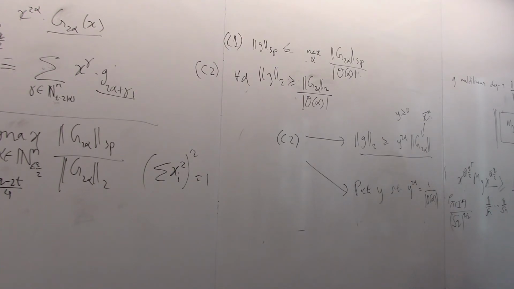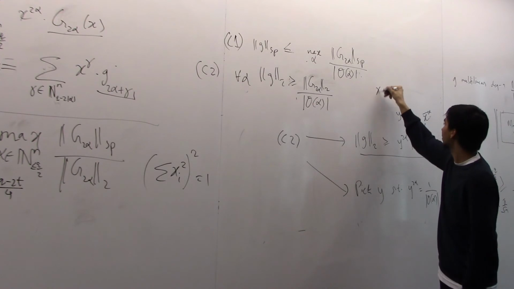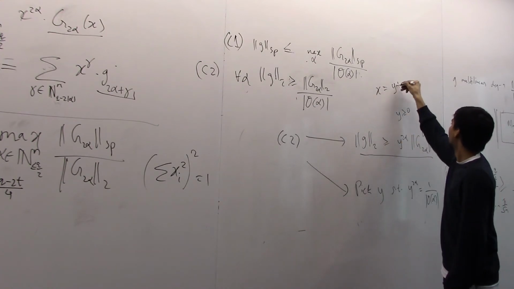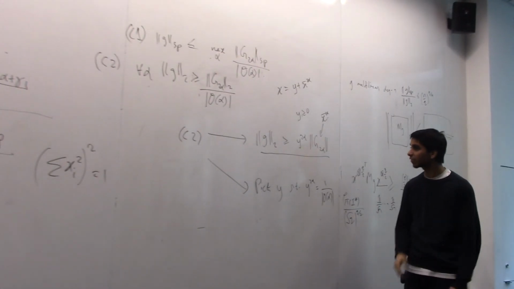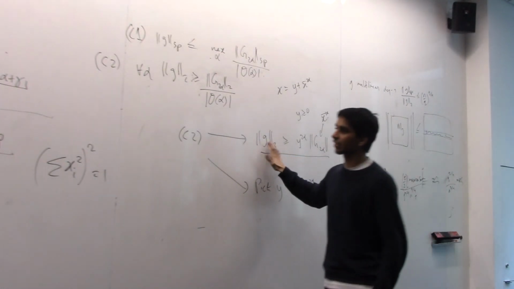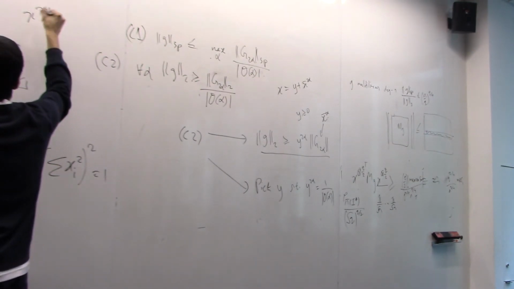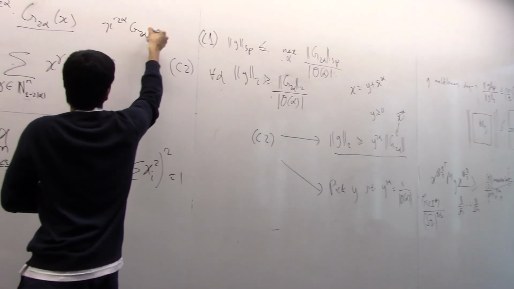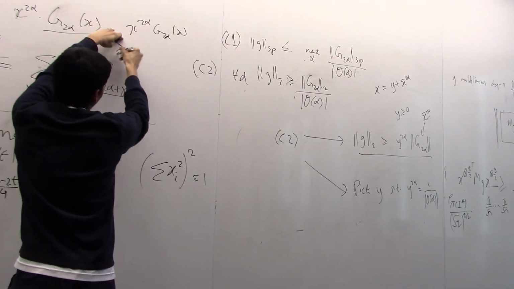Okay, so since this optimizer is also non-negative and y is non-negative, note that you can prove this claim pretty easily. Just take x as y plus x bar 2 alpha. This is a constant length vector. And literally just look at the expansion of G in this decomposition. It has the term x to the 2 alpha, G2 alpha of x. So we plug in x in that term, and then we get that it's greater than or equal to